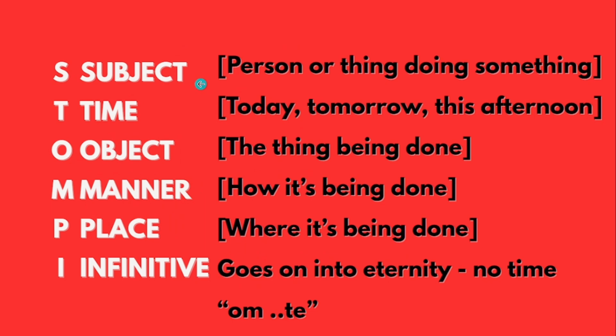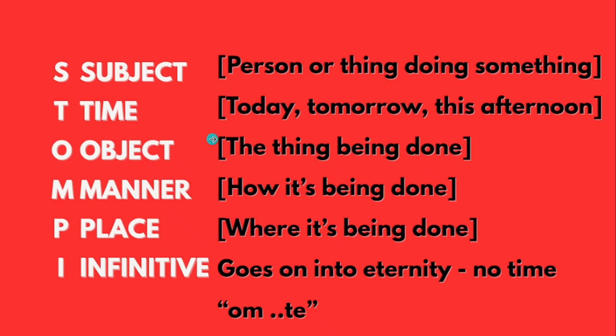So, subject is the person or the thing doing something. It can be papa, mama, die kind, basically all humans, or it can be a thing, die papier, die dier, die olifant. It can be an animal and also a thing. So time: today, tomorrow, this afternoon, vandag, morgen, vanmiddag. Basically whenever something is happening, the time thereof. And then object, the thing that's being done. Ben scooped the ball, the ball is the thing being kicked.